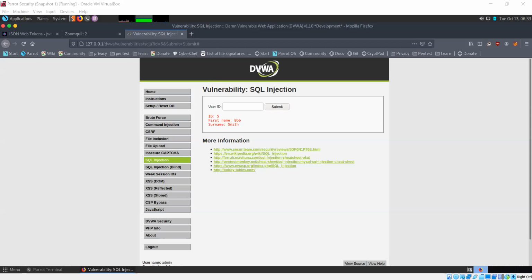Now, what is happening in the background, if you think about it from an SQL perspective, is that there is an SQL query running in the background. So without looking at the source code, can anyone tell me what query is running or what the basic structure of the query might be like?